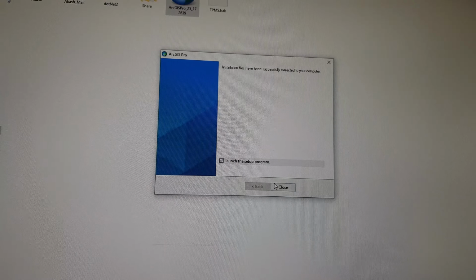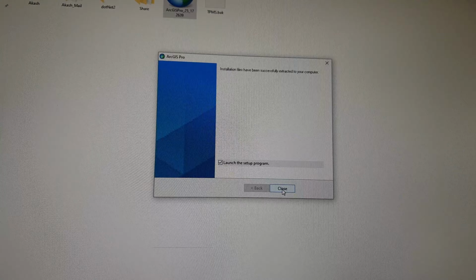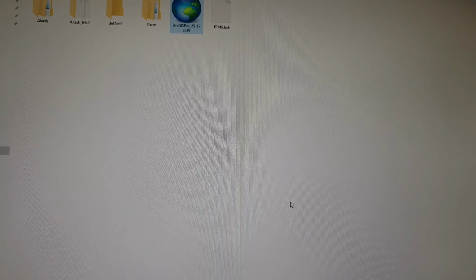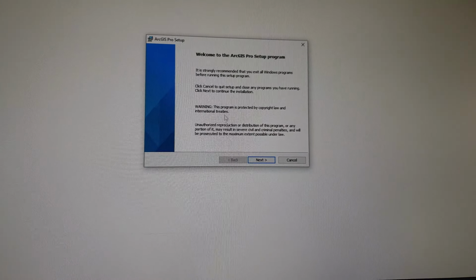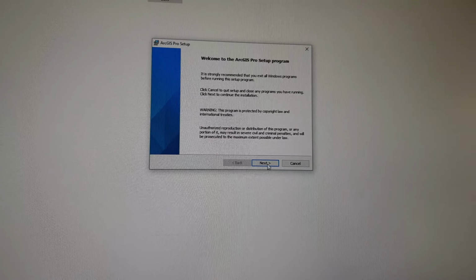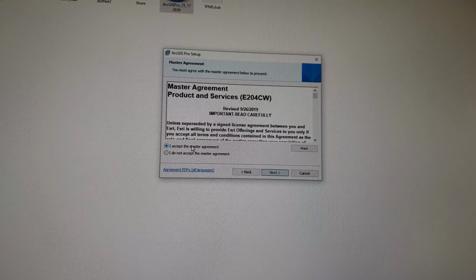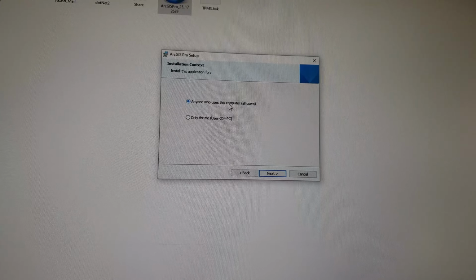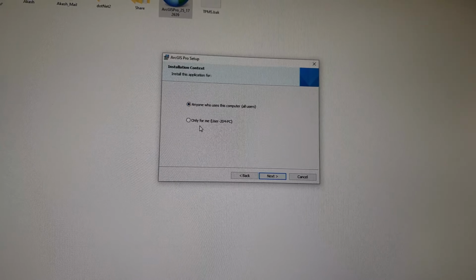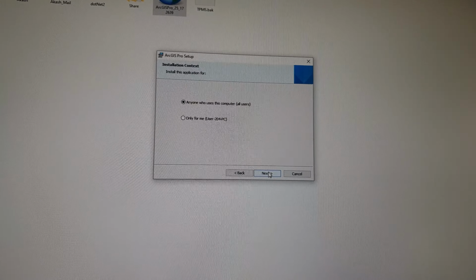Launch the setup program. Click on this, this is the default click. Close. After a few seconds, you can get the ArcGIS Pro setup. Accept the agreement. There are two installation options: only for me, or anyone who uses this computer, all users. I use all users. Next,